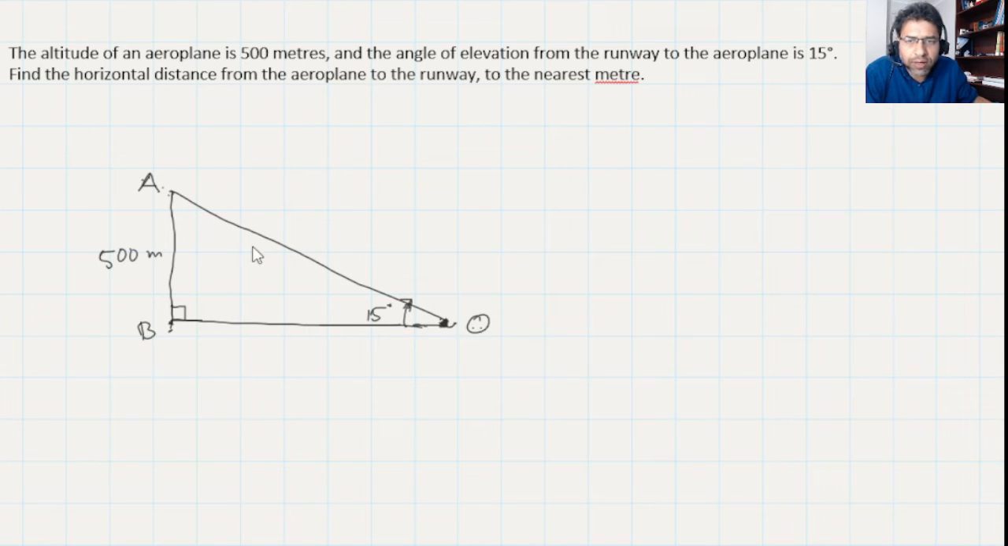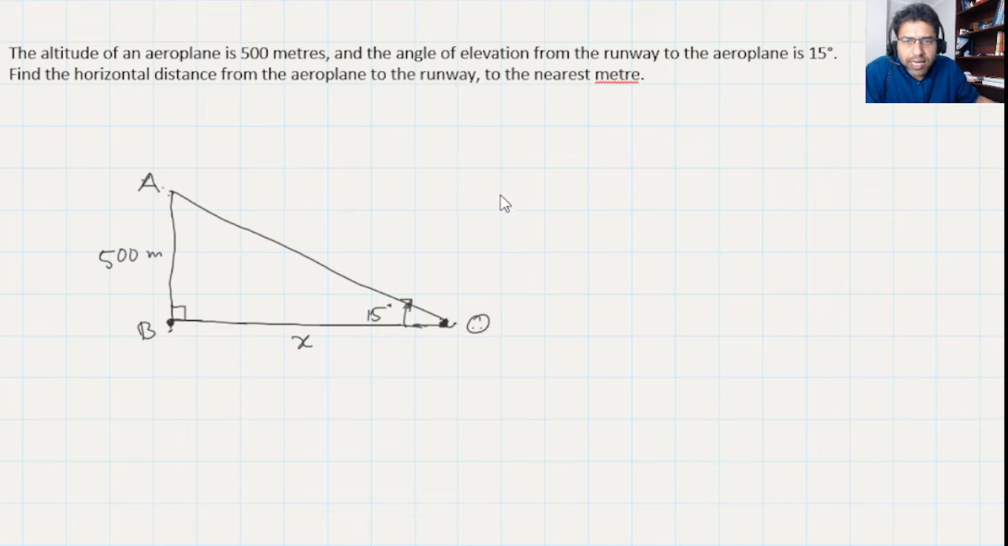So AOB is our triangle, and these two pieces of information are given, the angle and the height, right? And it's asking to find the distance from the aeroplane to the runway, to the nearest meter. So it's basically the horizontal distance from the airplane to the runway, the observer, the horizontal distance. So it's asking for x. Alright, so now from this diagram we can just use the trigonometric ratio, as it is a right angle triangle,